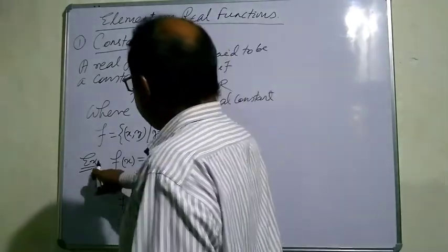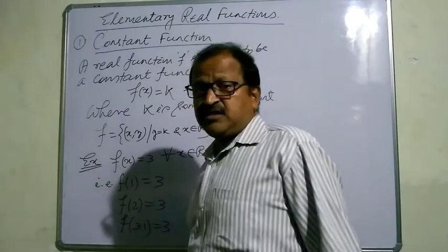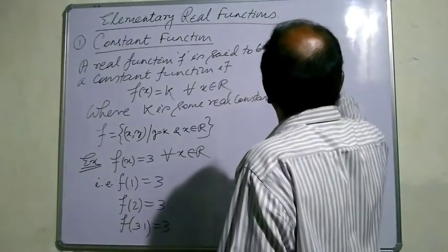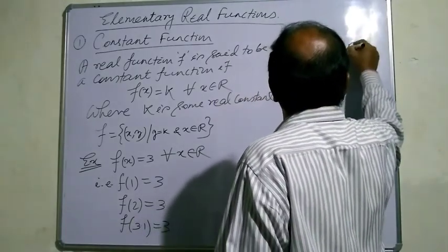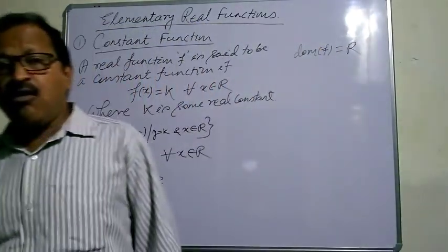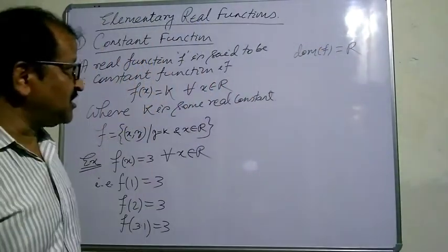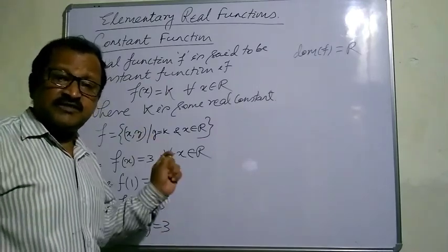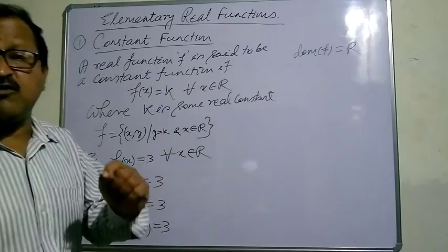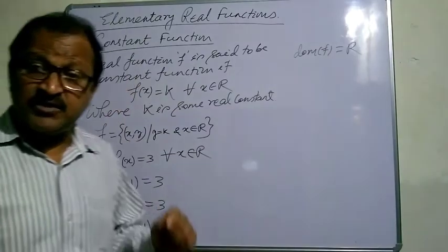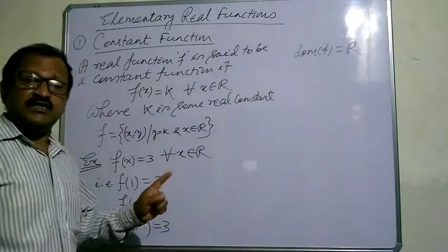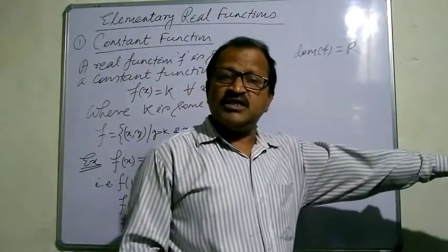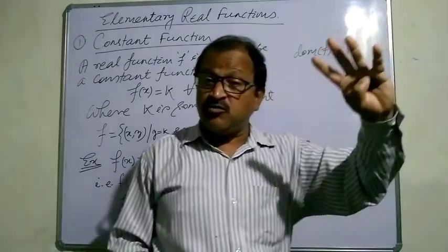Okay, so let us discuss its domain and range, then graph. You see, if you take such an example, f(x) is equal to 3, then you will be clear. In the above example, the domain of f is equal to the whole set of real numbers, because for all real values of x, f(x) is defined. What is the value of f(x), or the value of y? It is 3. So for every real value of x, we are getting the corresponding real value of y, that is 3. So it is defined all over the set of real numbers. So its natural domain is R.